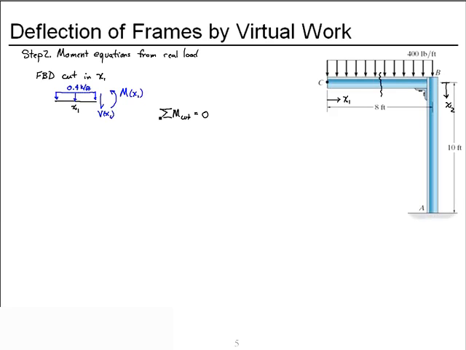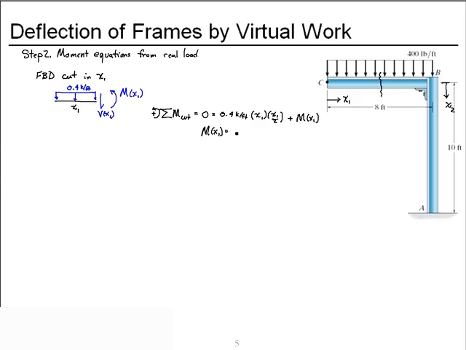I get to choose which direction to be positive for the summation. I will choose counterclockwise since that's the direction of my unknown moment, and it's also the direction that the distributed load causes rotation about the cut. So I multiply the distributed load times x1 to get the force resultant, times x1 over 2 to be the location of the resultant, and we add in the unknown moment as a function of position x1. Solve that,